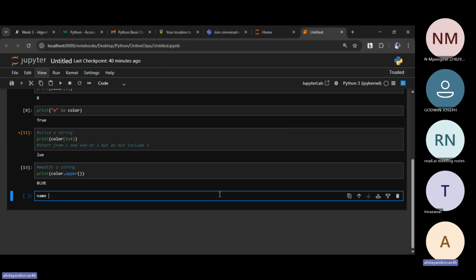So I said we are going to be creating some projects now. In a case like we want our users to input their name while entering, there's something called input.